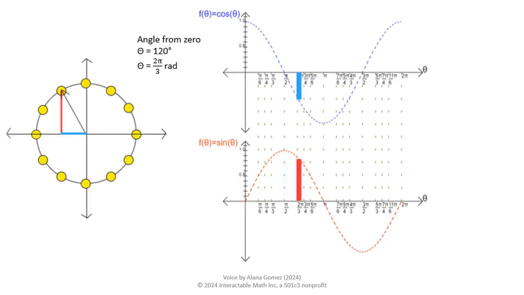Since frequency measures how fast we perform a repetitive motion, let's think about how fast we go around the unit circle. I measure about 10 seconds for the spinning vector to repeat its trip all the way around the circle, starting at 0 phase and ending back at 2 pi phase. This means the period is about 10 seconds and the frequency is 1 over the period, or 0.1 hertz.